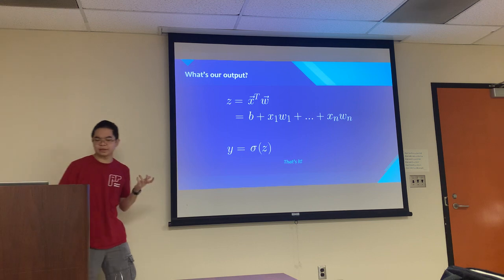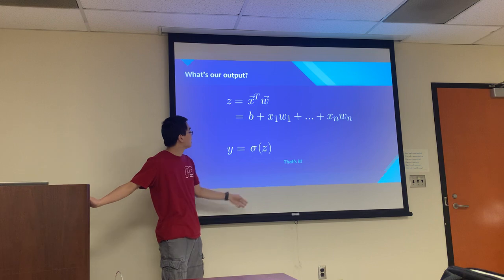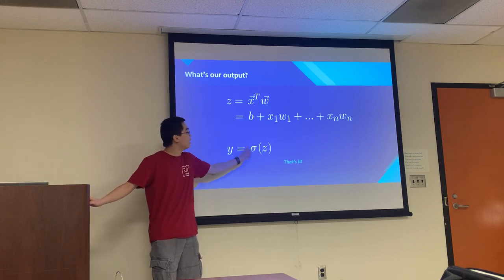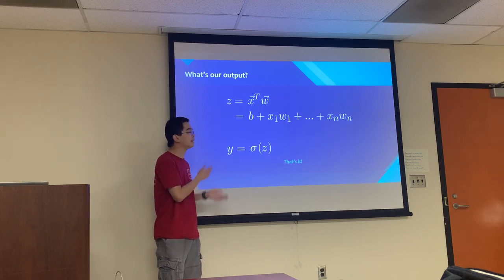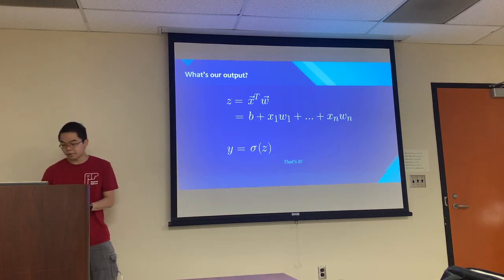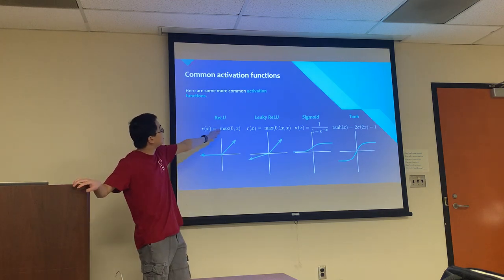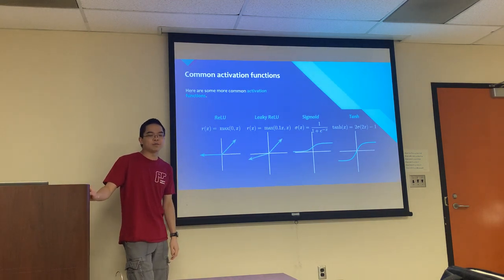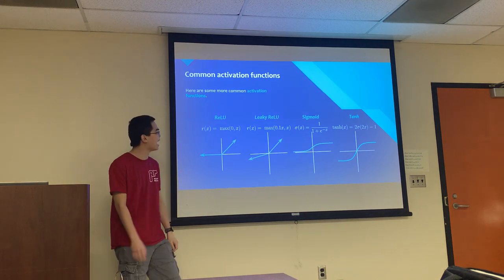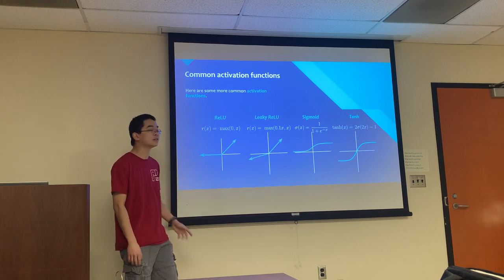In terms of some more mathematical notation, again we have z being the result of the affine function, and then we pass z into, let's say, the sigmoid function, which we can denote with sigma. We just apply the sigmoid function onto z, and then that's the result of the neuron. So, pretty simple building block, but the details lie in the implementation. Here are some common activation functions. If you want to learn more about these, there's tons of active research and lots of rationale behind why you use some of these.